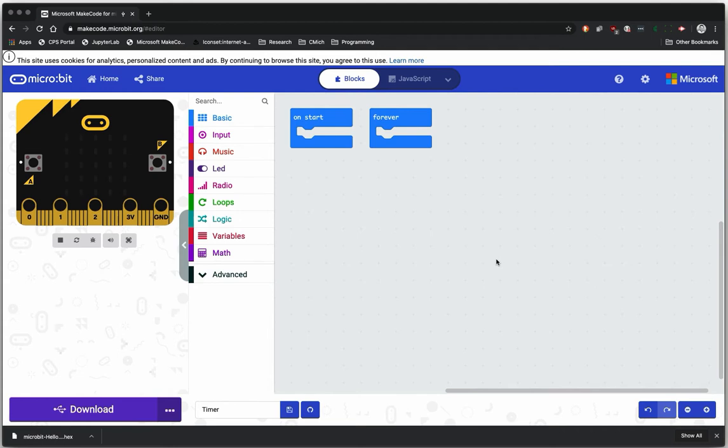Now, start-stop timer just means I push one button, I start to take the time, then I push another button and I stop taking the time, and then I can print that time to, let's use the serial console in this case. Okay, so in order to take the time, we need some sort of